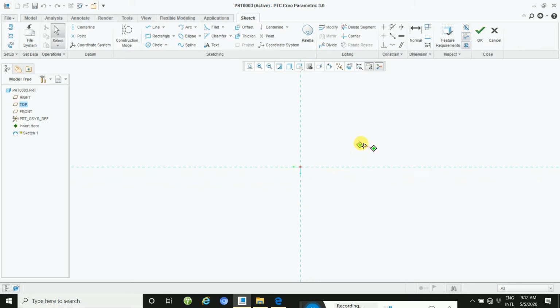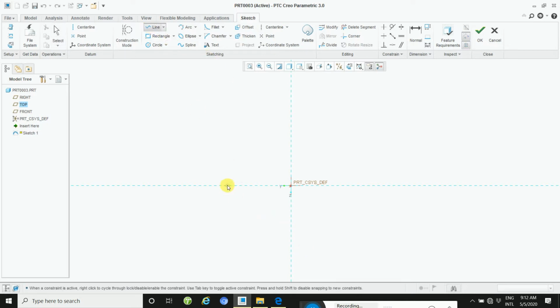Shift and then mouse middle button, then move this axis as per your comfort, then draw your sketch. Try to draw here, then this way.